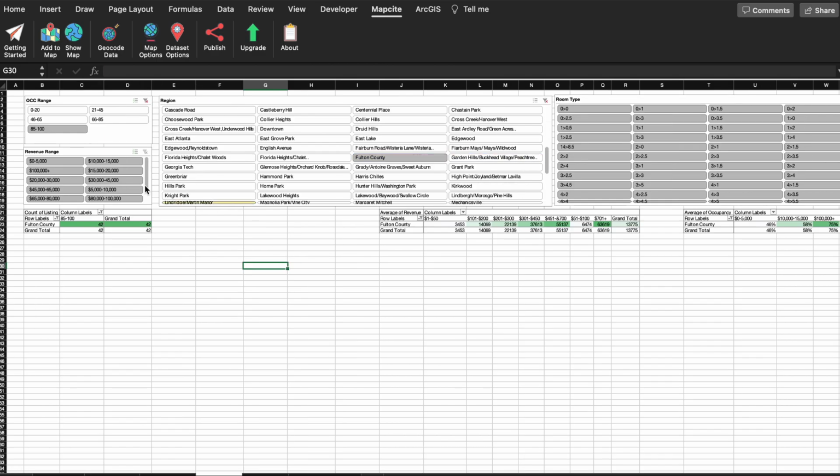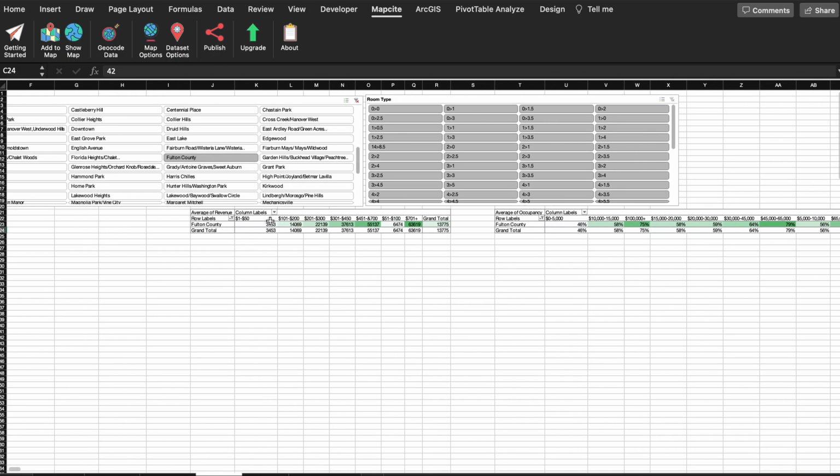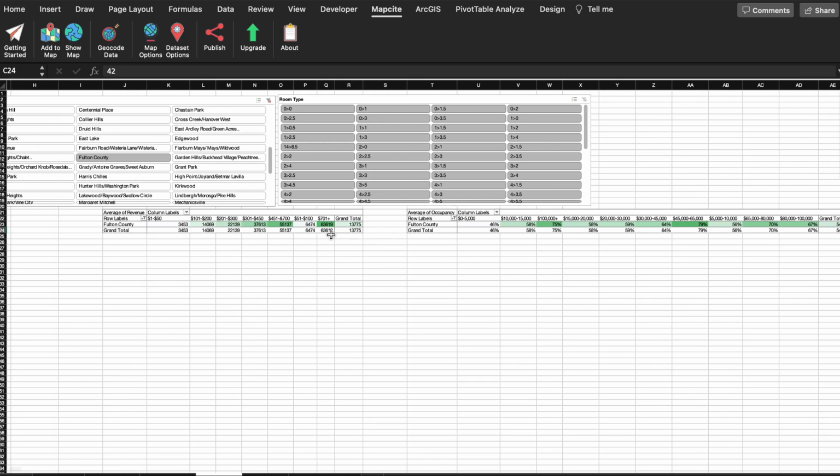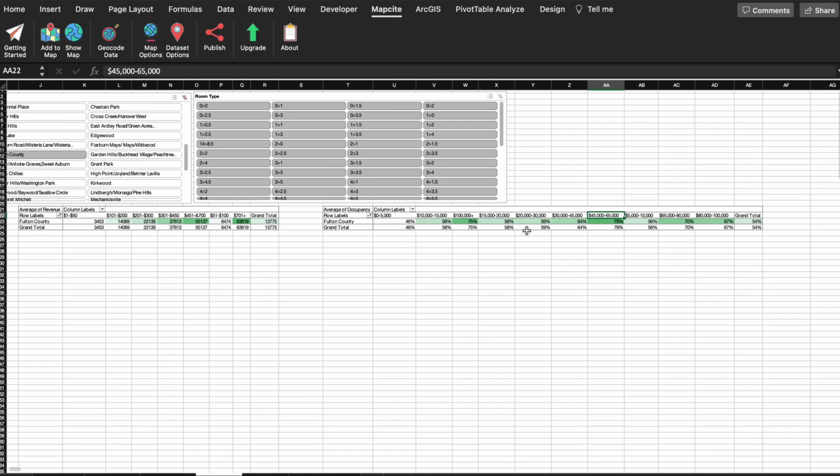Click on Fulton County. So now we see only the Fulton County units that have at least 85 to 100% occupancy. And then right here, we can see that there's 42 units that are 85 to 100% occupancy in Fulton County. And the average occupancy is 79% for properties generating 45 to 65,000 a year.